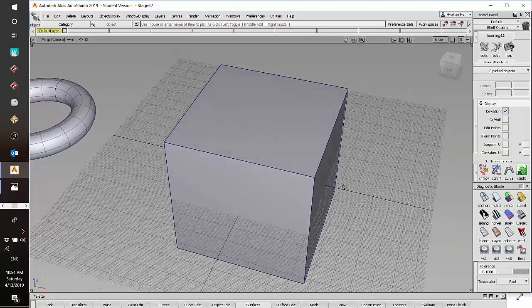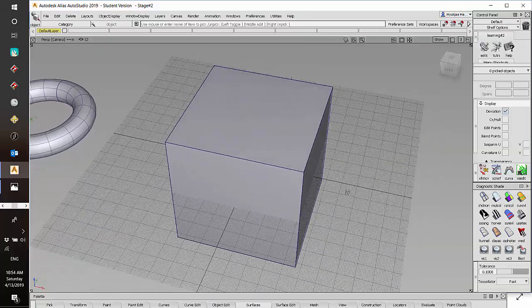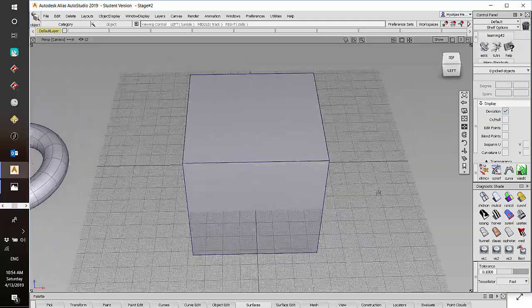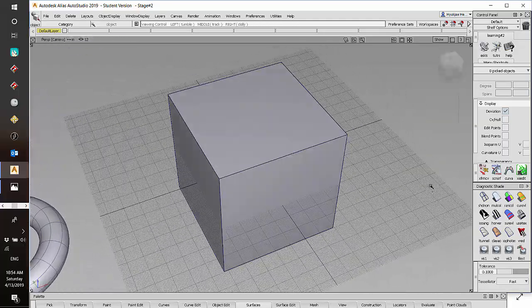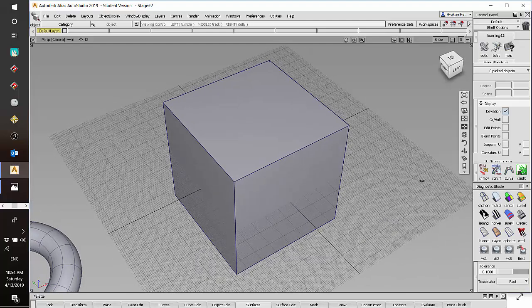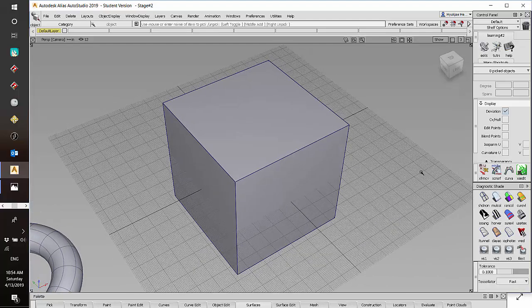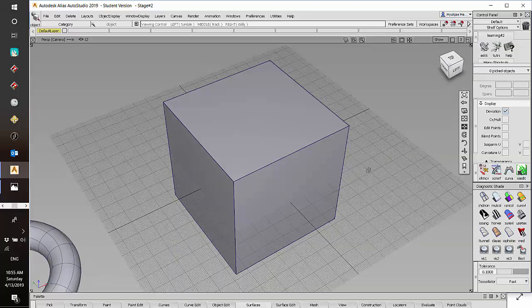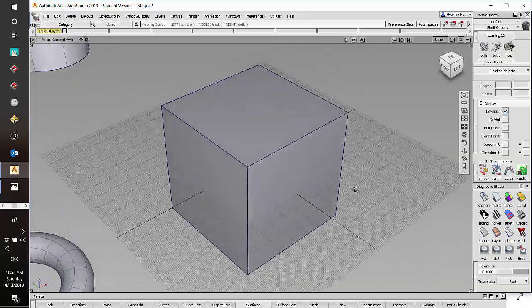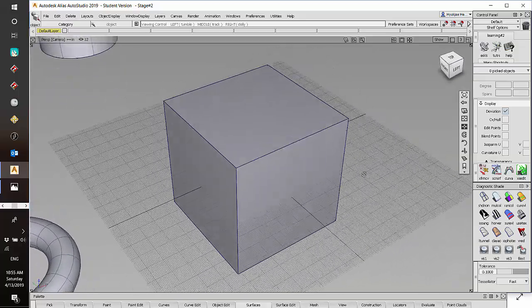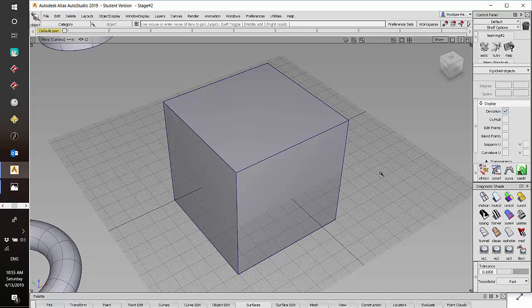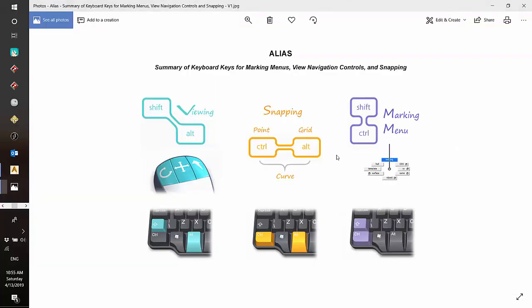But doing that requires a combination of pressing down on the particular keys on the keyboard and using the particular mouse button. So what we'll be doing is using the two keys at a given time on the keyboard, and also the left mouse button, middle mouse button, or the right mouse button for each of these tasks. So let me show you a chart here. So this chart shows that